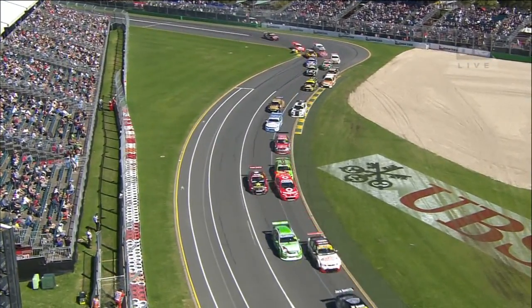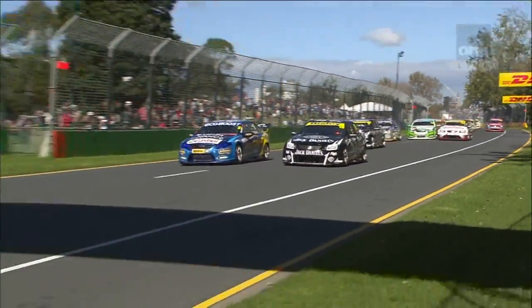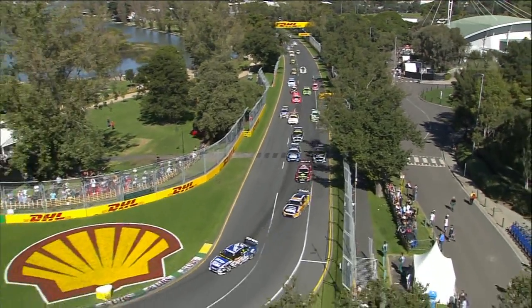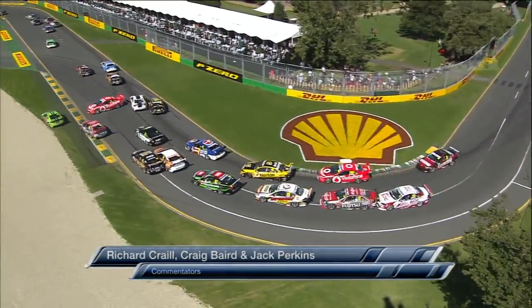Frosty squeezed out wide. Yeah, you saw Mark Winterbottom spun the wheels at the start line. The car stepped sideways on him, and he's lost a few spots there on the first two corners. Holdsworth had a really bad run out of 2 and got ushered out onto the grass. So he's dropped from 6th spot back to about 10th or 11th spot. Oh, round goes Jamie Whincup, spins in the middle of the...